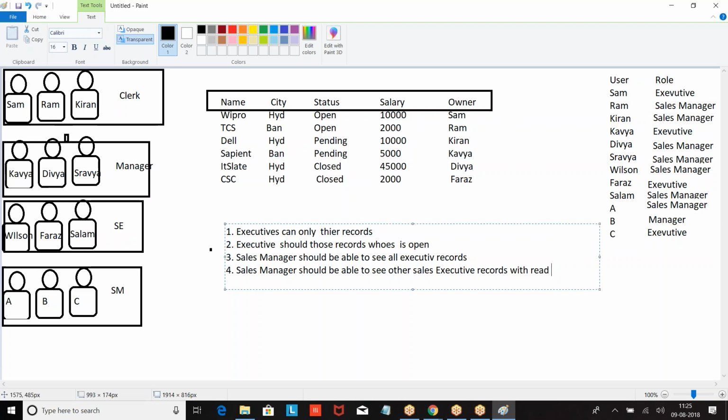Data access. Sales managers should see all closed records.